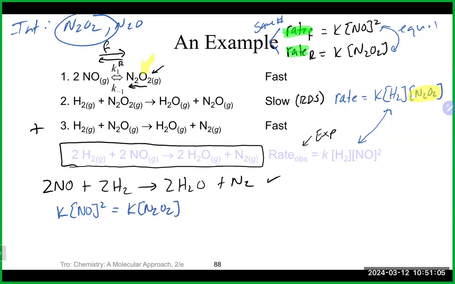Any questions on that there? The thing that we're looking to solve for is the N2O2, which means we need to divide this k to the other side. And these would cancel. And that would get us k times NO squared over k is equal to our concentration of N2O2. Any questions on that so far? That is what we want to substitute out here, right? So now that we know what N2O2 equals,